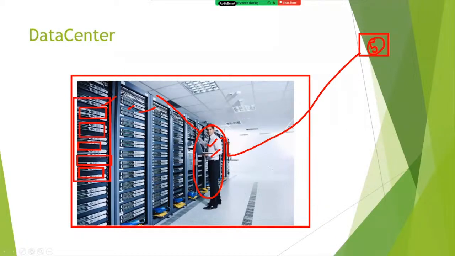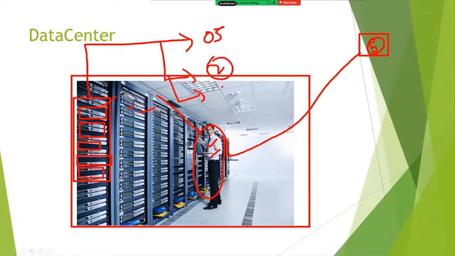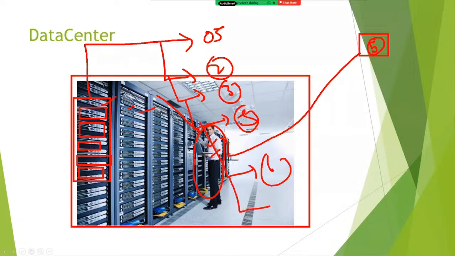Once space is available, they will deploy the operating system. Second step, they will configure the networking. Third step, install monitoring tools. Fifth step, configure our firewall rules. Sixth step, install all the network related checklist. Seventh step, they will verify all the checklist.